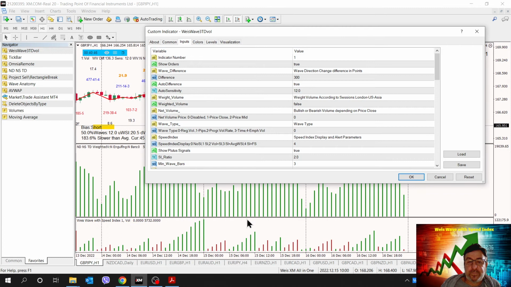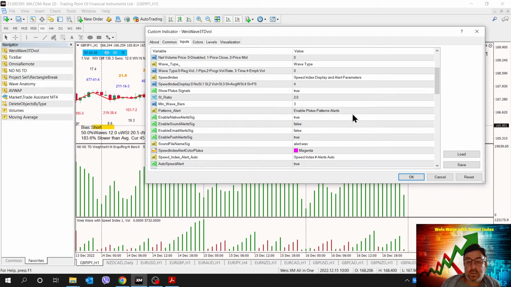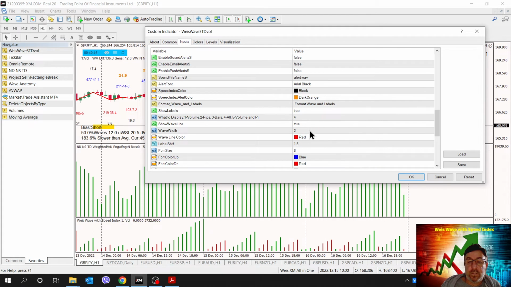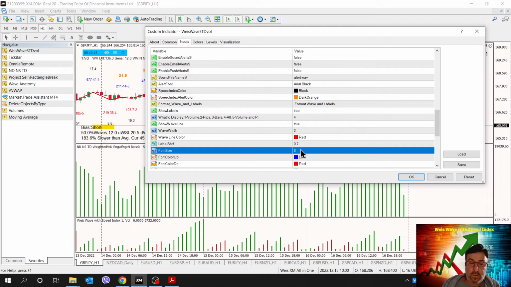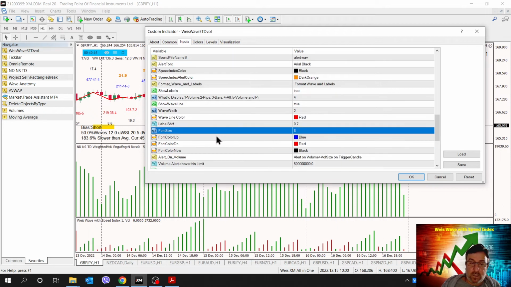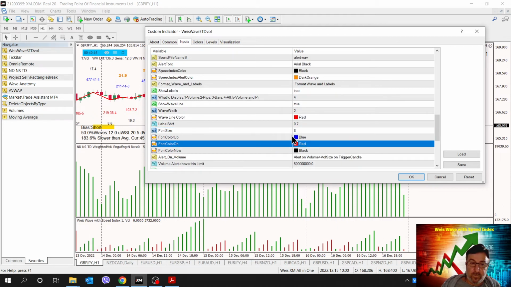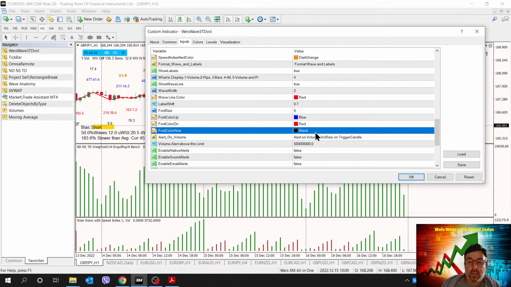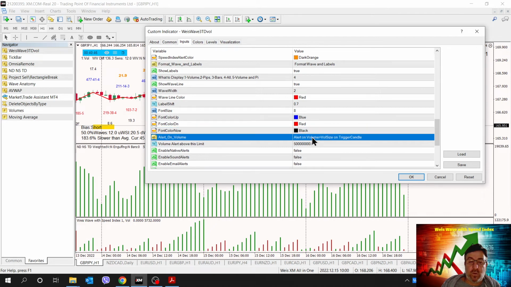And you can change the fonts, okay, and you can change the colors of the up and the down fonts, okay, and the regular.